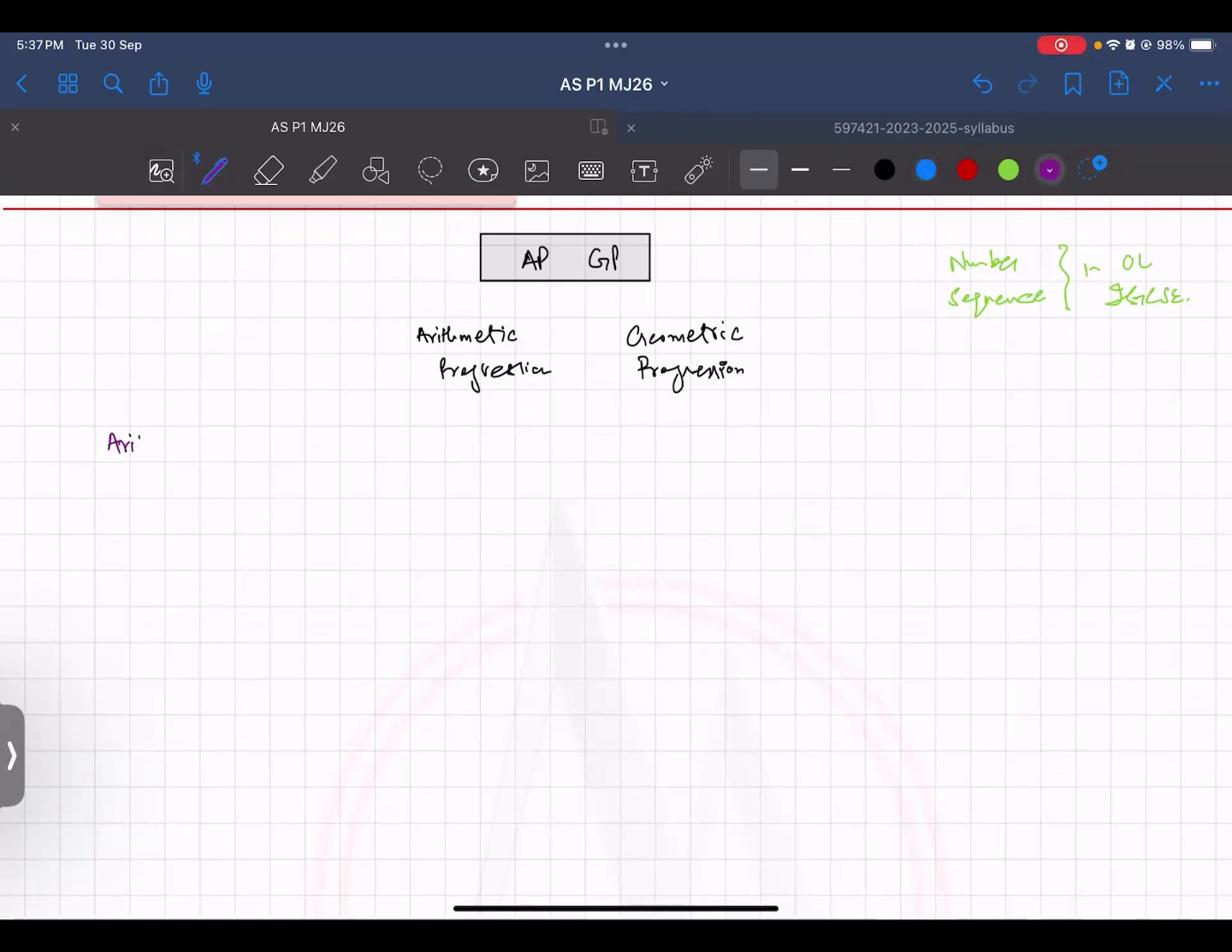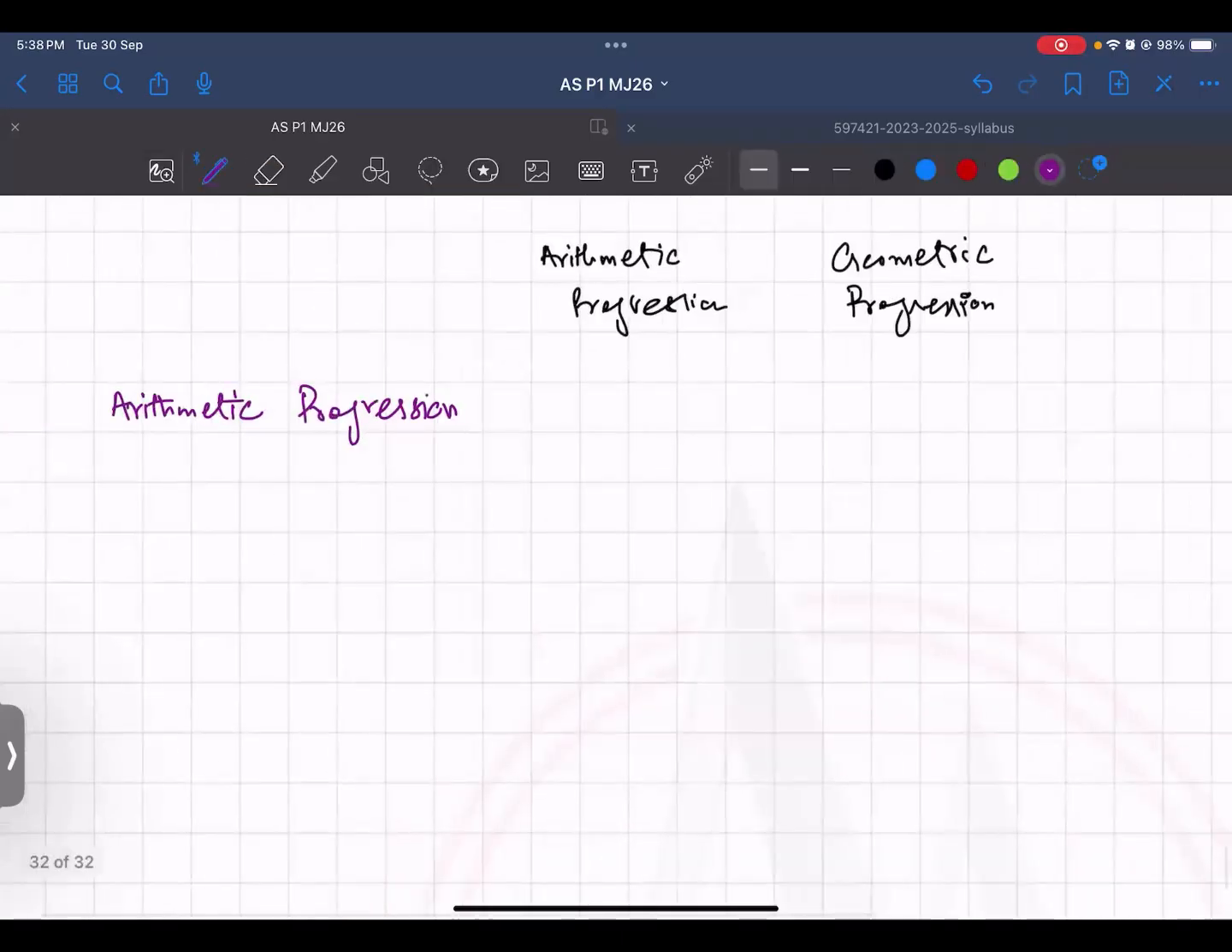The first one, the more basic one, arithmetic progression. These are just the names. Arithmetic, I don't know if you have heard this word before in your